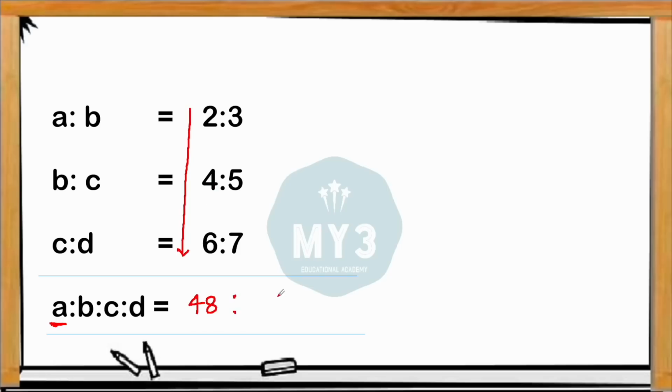And as of now, we don't know the B value and C value, leave them. And to get the last term, just multiply all the last terms available in the question. So 3 into 5 is 15, 15 into 7, which is equal to 105. So these are the values of A and D. So they are just asking you to find out what is A is to D. So you no need to figure out B and C values also. But anyways, we can find out those. A is to D is 48 is to 105.